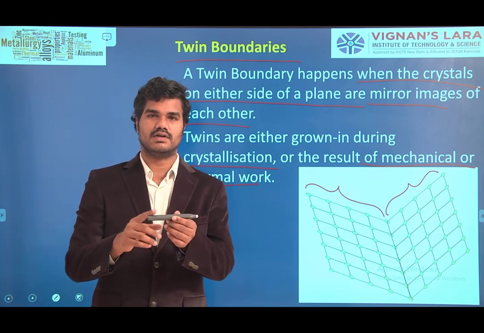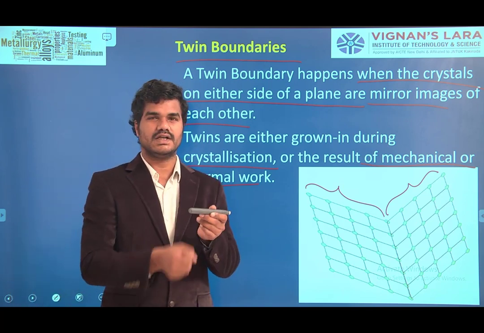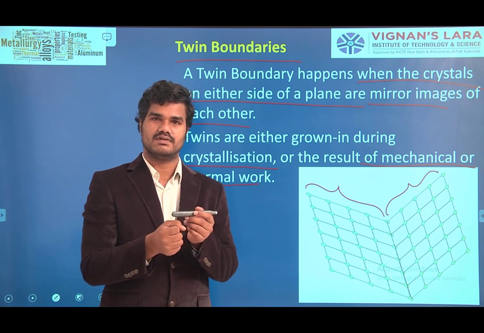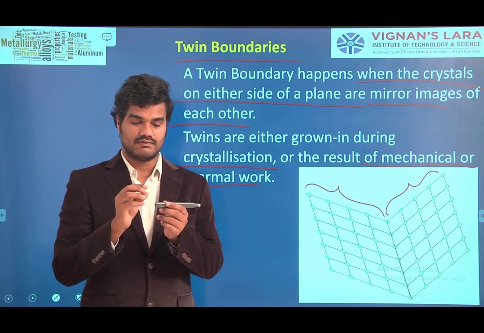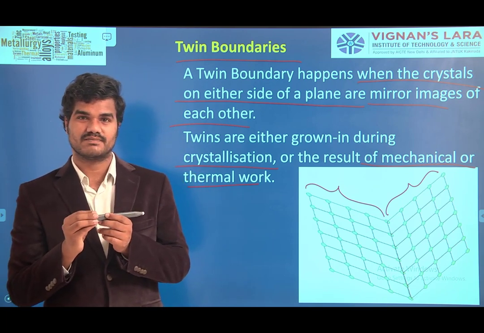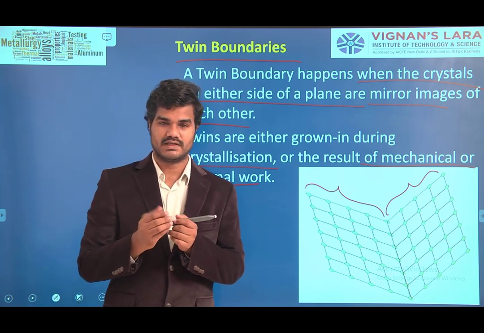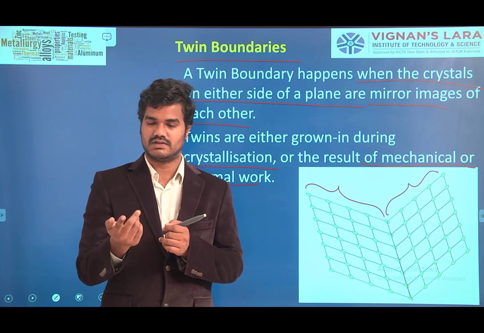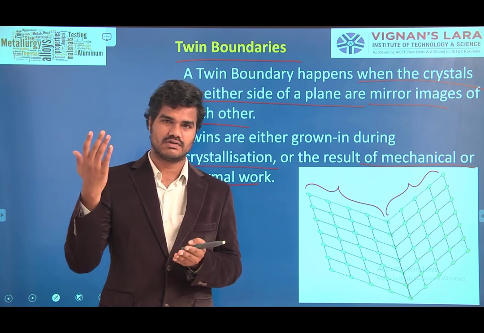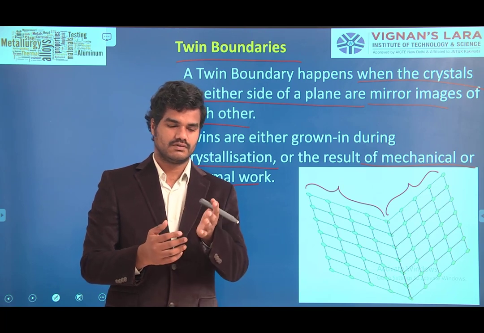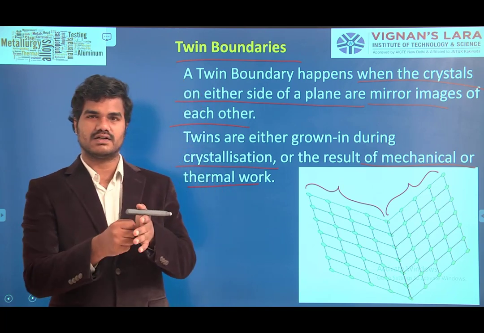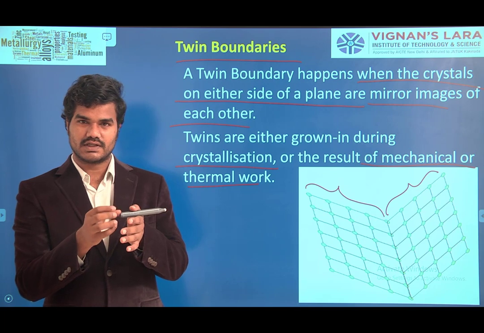If this is already a solidified rod and you want to heat it, what will happen? Some changes in the material happen. Why does the change in the metal happen? Suppose you are making a knife: you have to take a rod, heat it, and hammer it. So when you heat the rod, dislocations